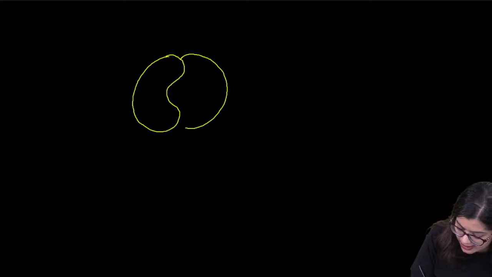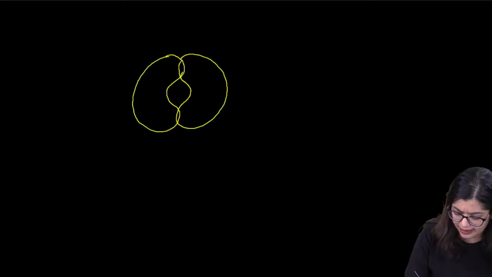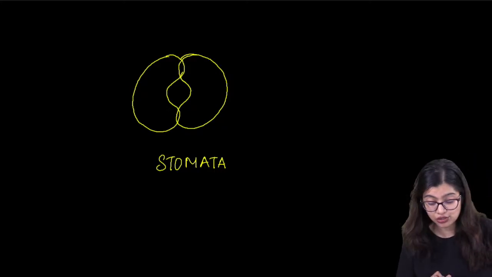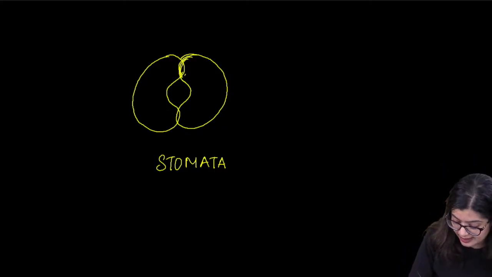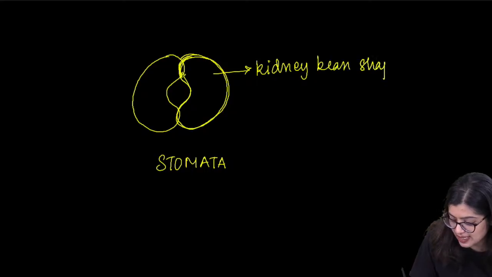Definitely. So whenever we draw stomata, how do we draw stomata? Yes, we always say that whenever I draw the stomata, I draw it something like this. Yes or no? I normally draw it like this. So this right here is, let's assume, one single stomata. Now if you look at the structure of the stomata, we see that they are made up of these kidney shaped, kidney bean shaped cells, right?